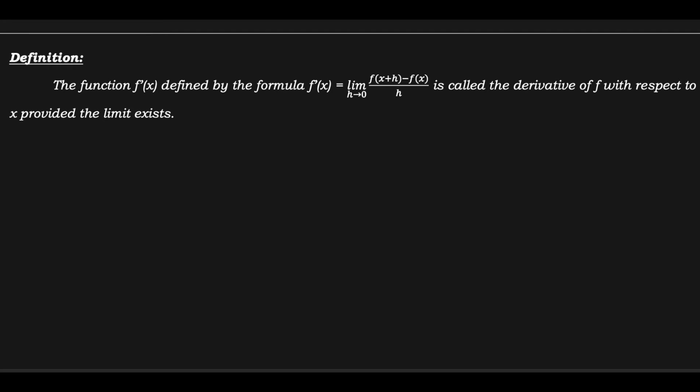Today we'll be talking about the definition of the derivative, which is given by the formula f prime of x is equal to the limit of f of x plus h minus f of x over h as h approaches 0. This formula here is the one from which all other derivative formulas in the future will be taken. So maybe you'll be asking,